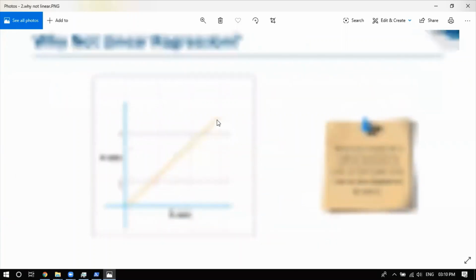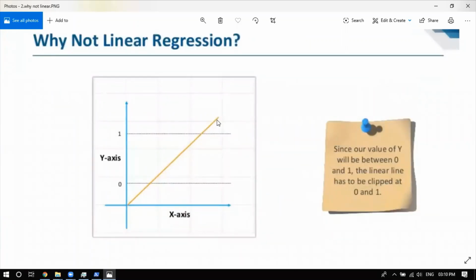Now, why do we use logistic regression? Why not linear regression? We're considering currently just binary classification, so the answer will only be 0 and 1. For any value of x, our answer is going to be either 0 or 1. If we try to fit a linear regression line, it's going to be really bad for the model, because just imagine we have some points here, then fine, our regression line can do some stuff. But just imagine we got an outlier, like for a really high x value, we're getting the value of 1.